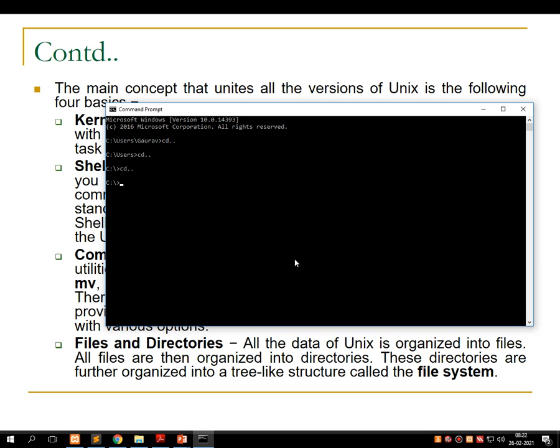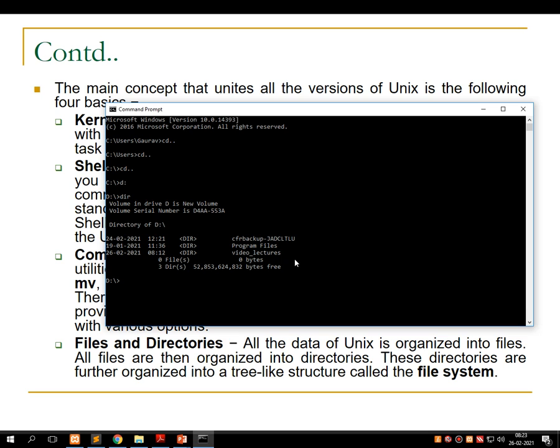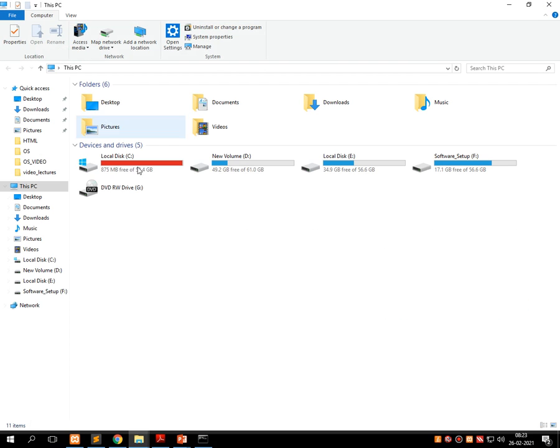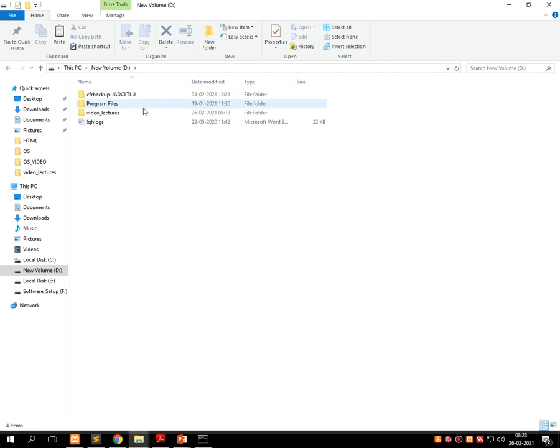Now suppose instead of this C drive I want to go into the D drive, then simply by writing D and colon, this command transfers the user from C drive to D drive. And suppose then I am writing the command called dir. It shows all the directories which are available in the D drive. It is something like this. Say for example, I am going into My Computer, then I am selecting D drive. It opens all the present working directories which are over there in the D drive,